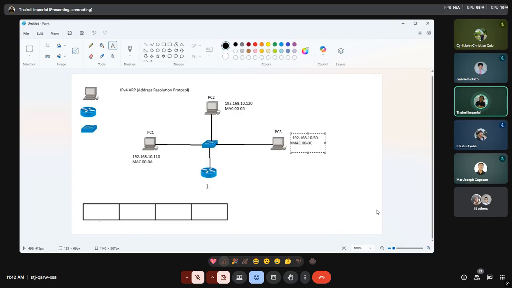And then for this router, I forgot to name this one here. I'm going to name it R1. And then I'll have the default gateway. This means that we need to have a similar subnet as the devices in this network.